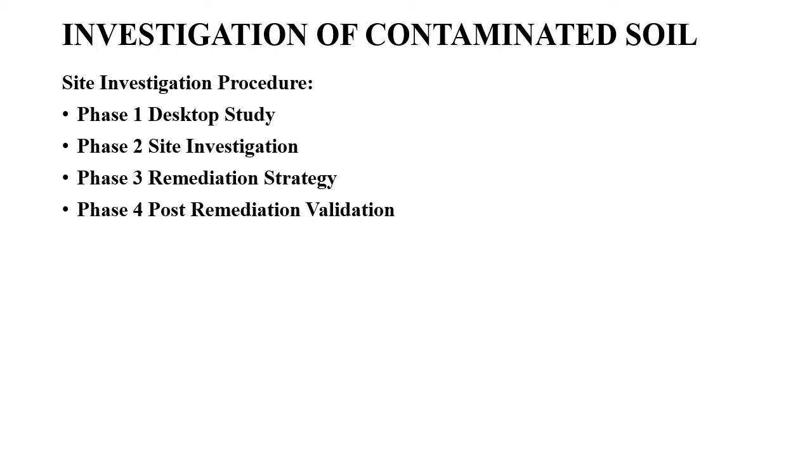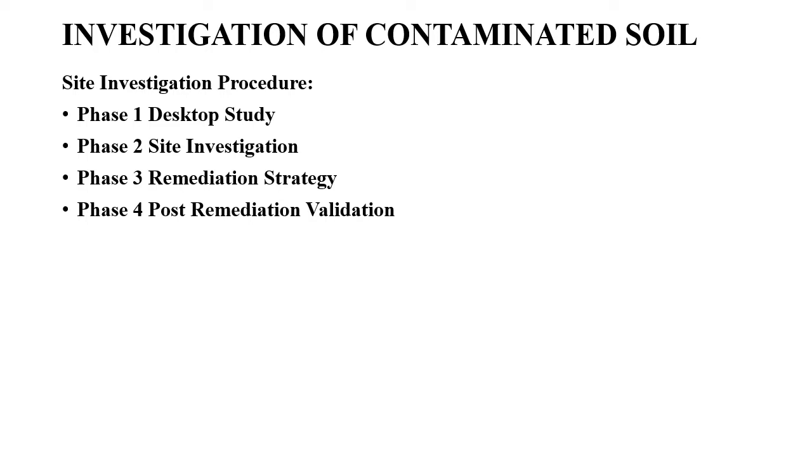And based on that only, once we do a thorough investigation regarding the nature and extent of contamination and its distribution, then only we'll be able to provide a suitable remediation technique for